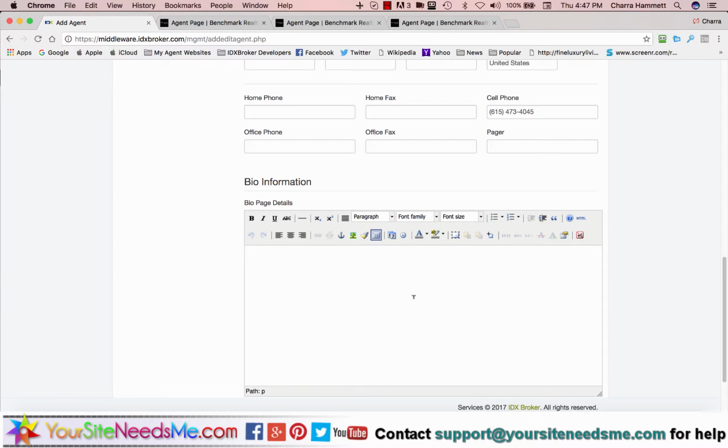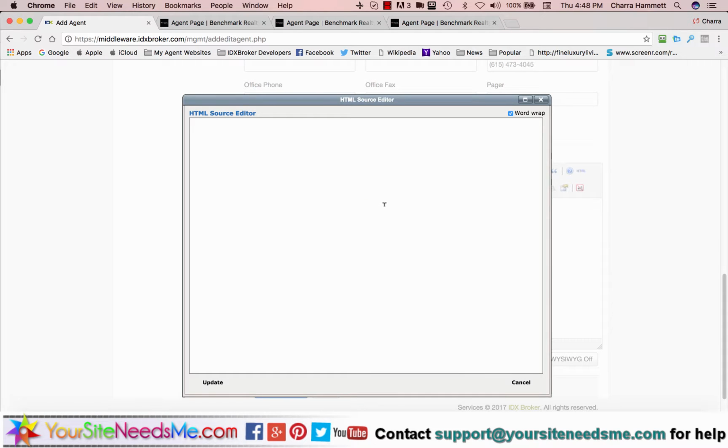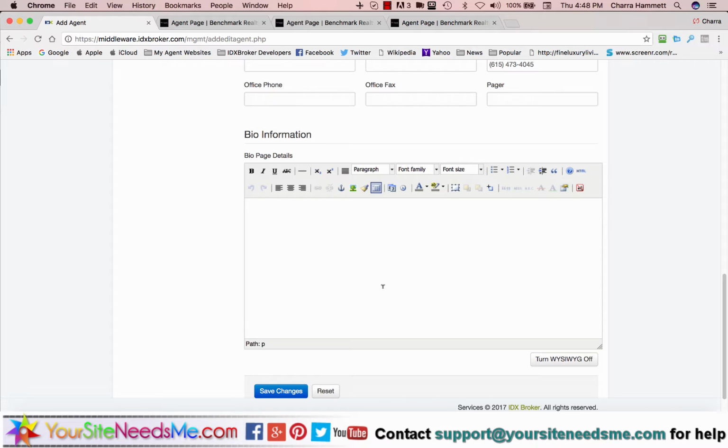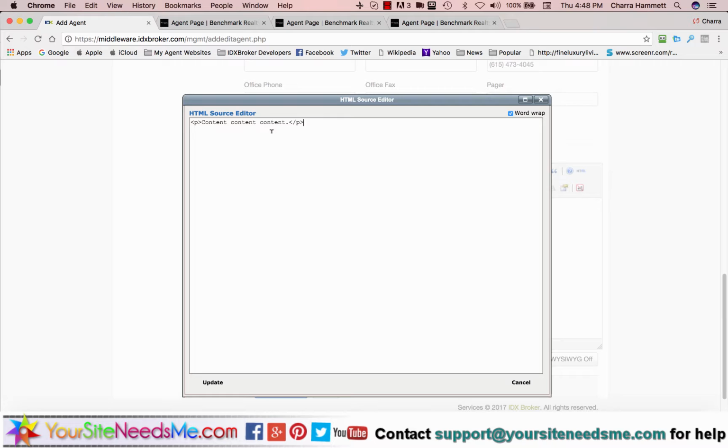But in this section, you're going to actually have to use the editor. So it is a little bit more complicated, but I have faith that you guys can do it. So here's how you're going to do that. You're going to come down here to the bio. If you already have content in here, that's great. You're going to push this button that says HTML. It's going to open up this editor. If you did have content in here, let's pretend like there was some content in here. Then when you click this, you're going to see that content like that, and you're just going to enter down